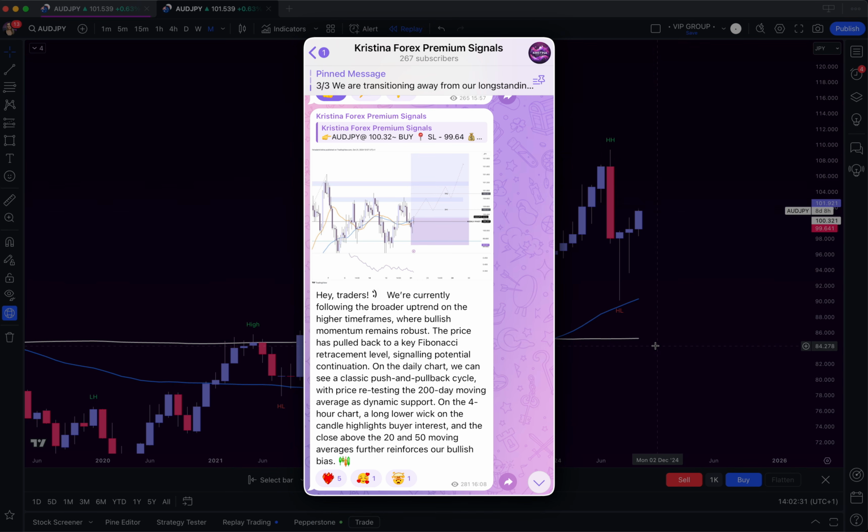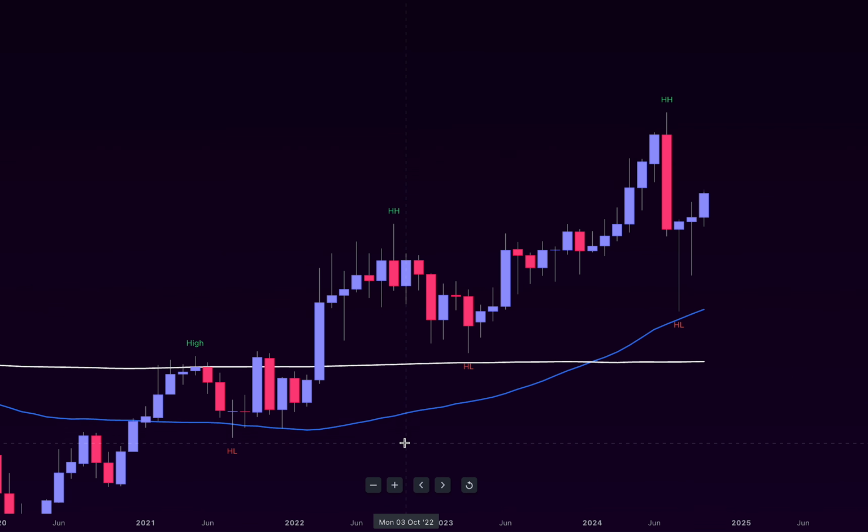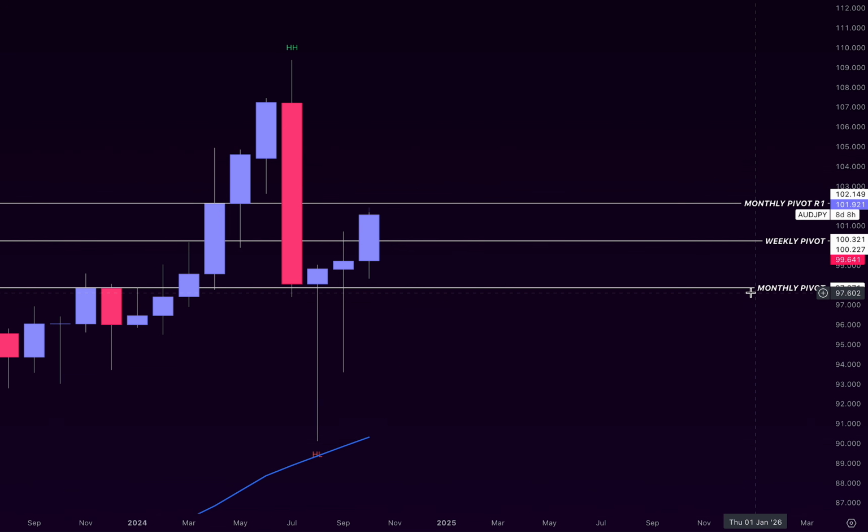Now that you understand the approach, let's take a look at this recent trade setup on AUD/JPY, and I took this trade on the 21st of October. So starting from the monthly time frame, we can see that AUD/JPY is in a clear uptrend. The price has been making higher highs and higher lows, which tells us that the long-term direction is still bullish. We also had a bounce of the monthly pivot point at 9787, and that's a key support for the higher